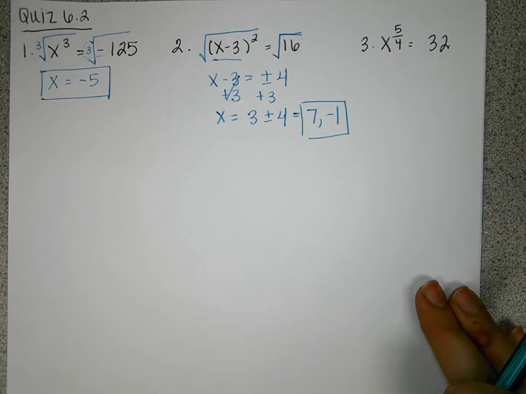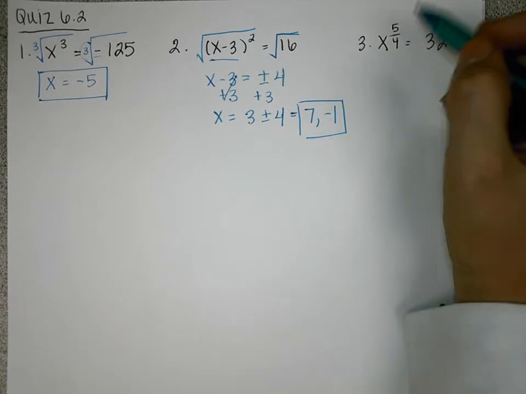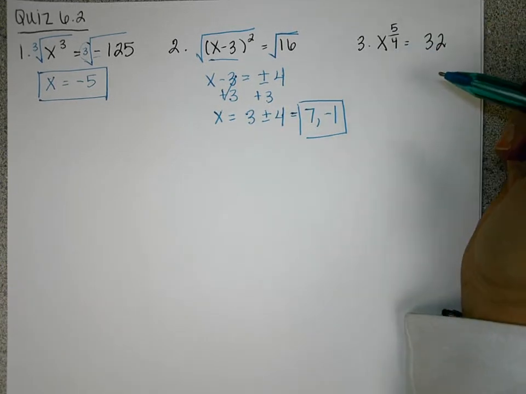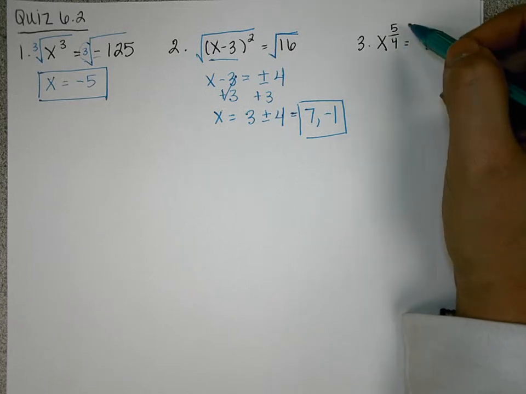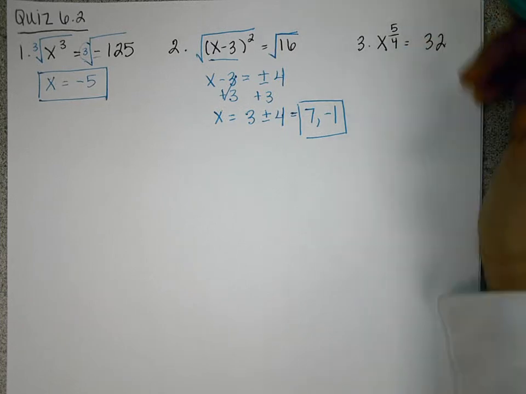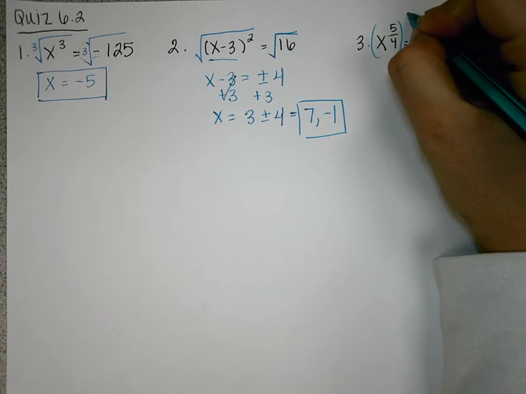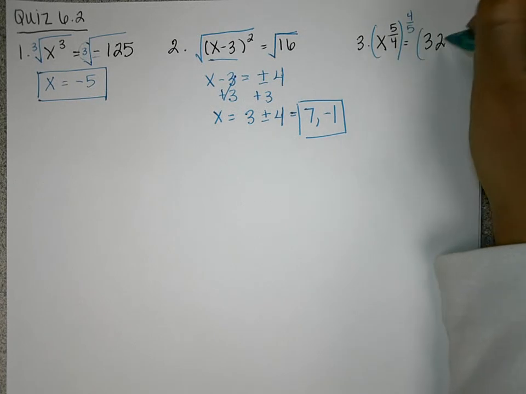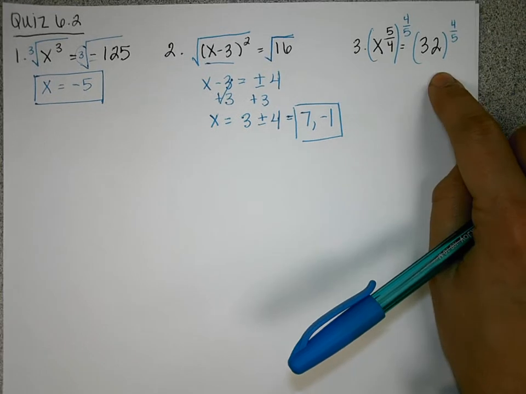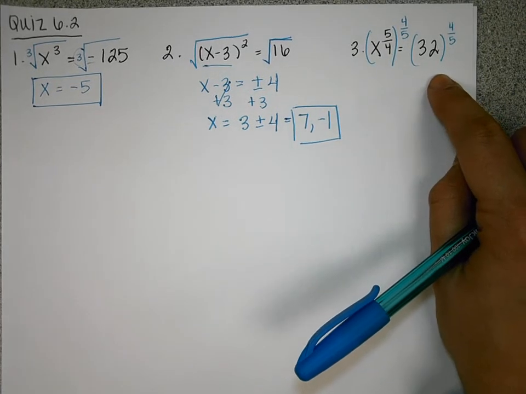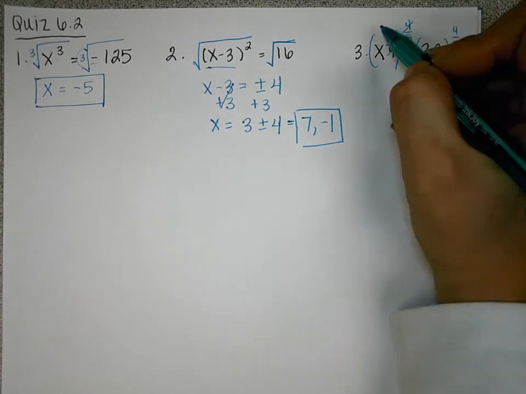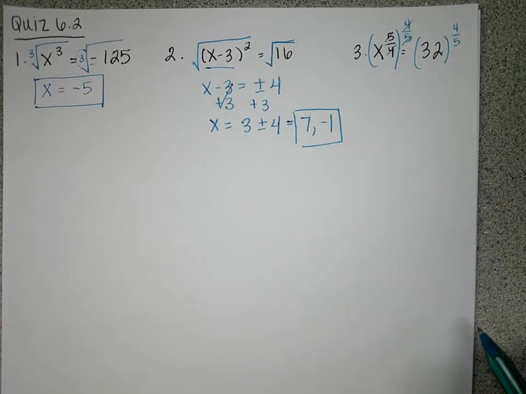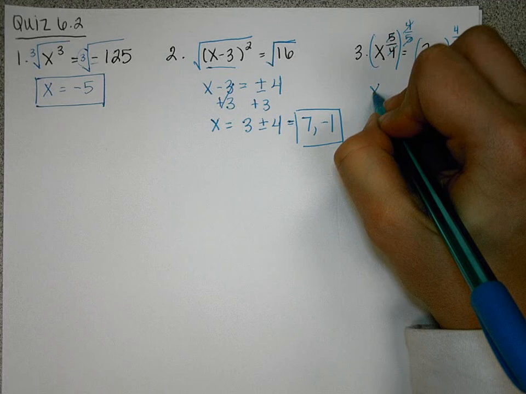x to the power of 5 over 4. You need to make sure you get your exponent by itself. And remember, when you have a fraction that's an exponent, in order to get rid of it, we raise the whole thing to the reciprocal power. So I'm going to raise both sides to the power of 4 over 5. Why do I do this? Those 4's cancel and the 5's cancel. So that's going to give me x by itself